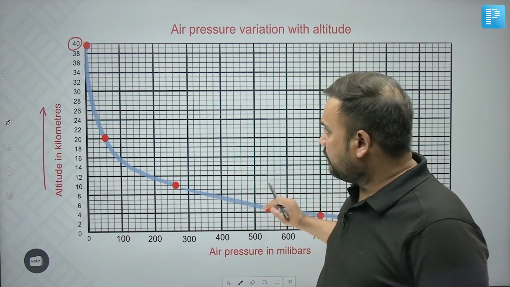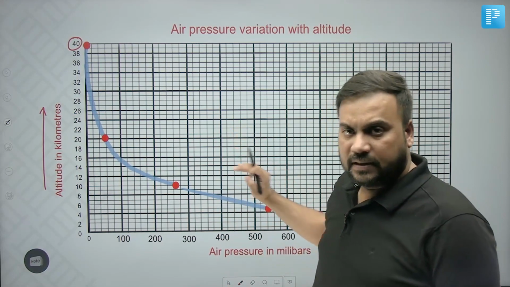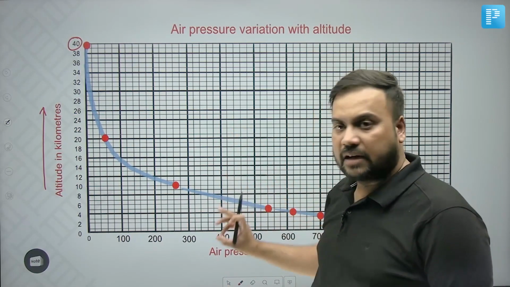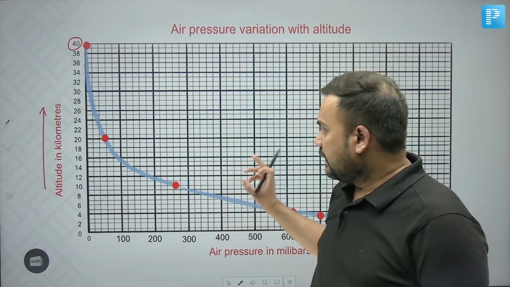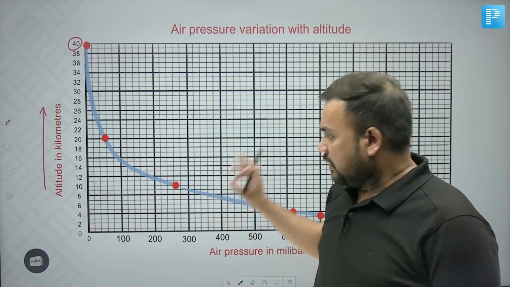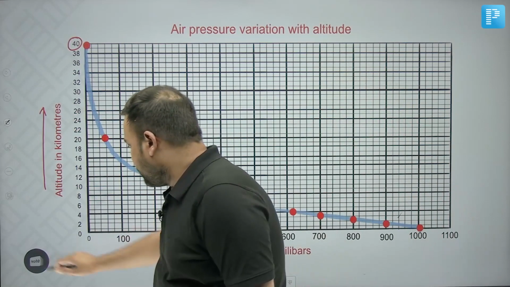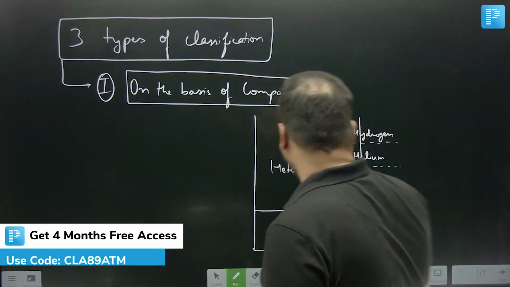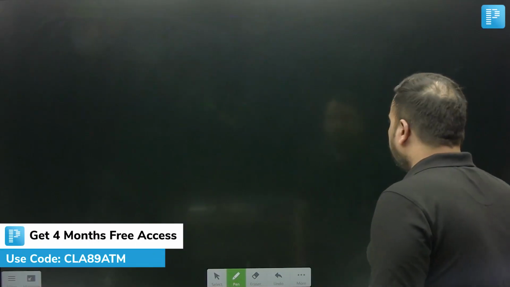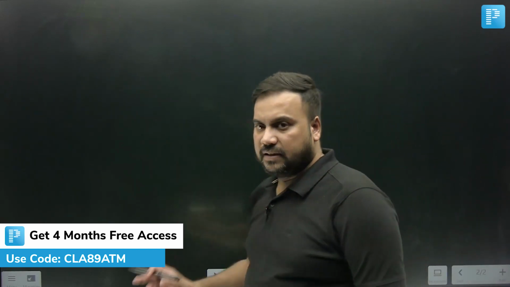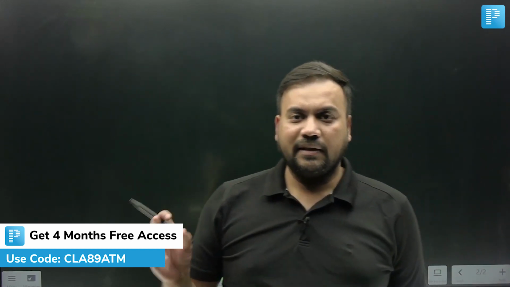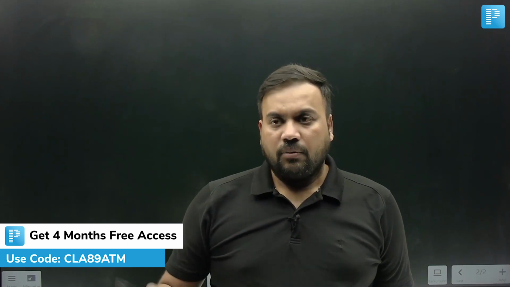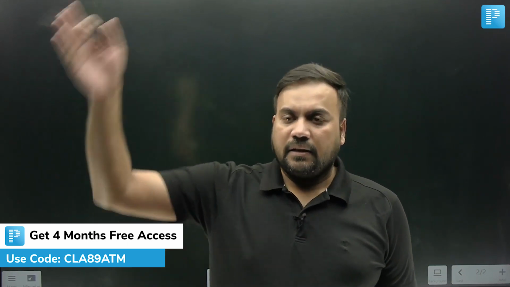So that is basically what? That is the distribution, that is the classification of the structure of the atmosphere on the basis of essentially pressure. Now, one thing that comes to my mind, why this kind of distribution of pressure? So the answer is very simple. One thing you can understand, that atmosphere is essentially a gaseous component, but it would be affected by the pressure